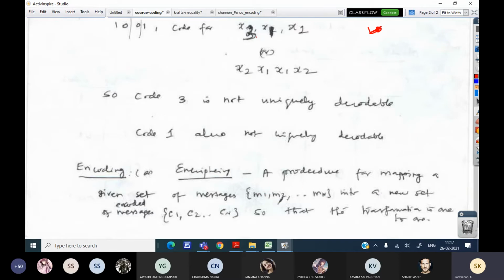We are going to map these into a set of encoded messages C1, C2, Cn. The transformation is going to be one-to-one. This is the general definition for encoding or enciphering. The term enciphering is nothing but encoding.